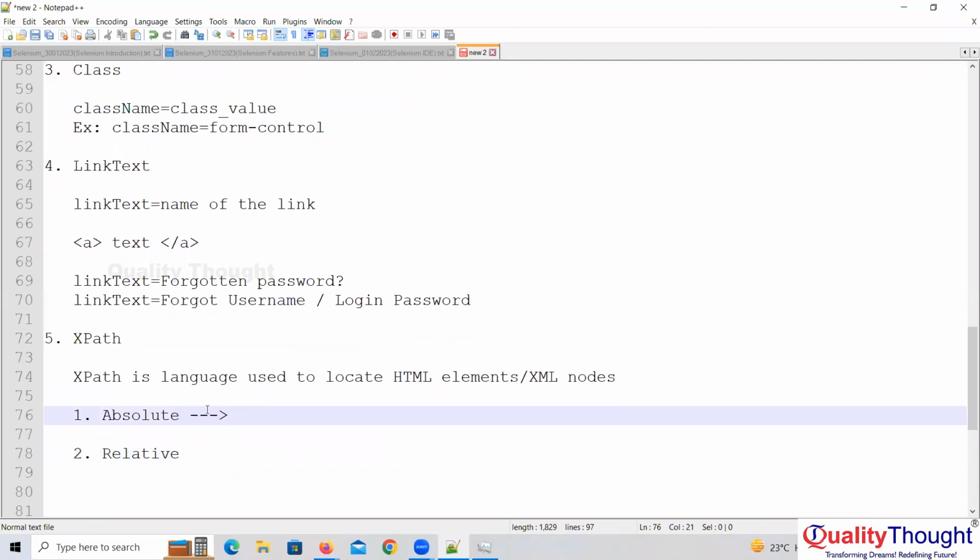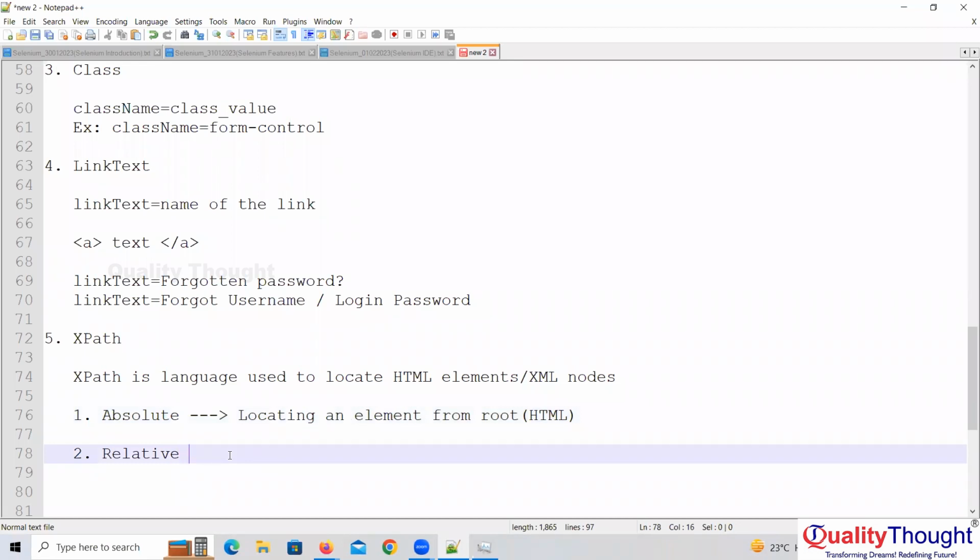Absolute is nothing but locating an element from the root HTML. From the root HTML is nothing but absolute. In general, if you are locating any element from the root, which is HTML here, locating an element from the root HTML is nothing but absolute. Relative is nothing but